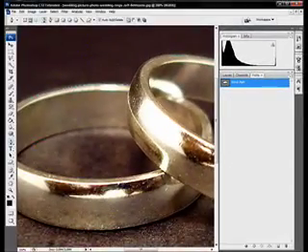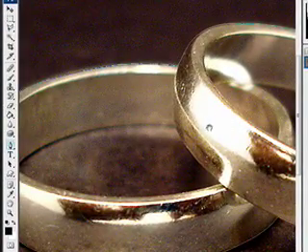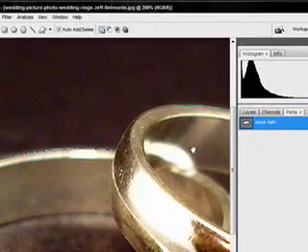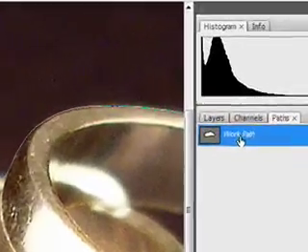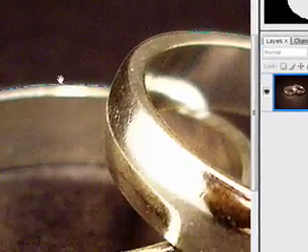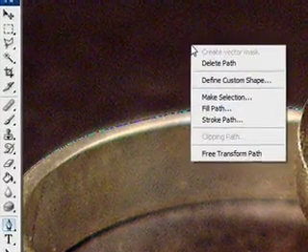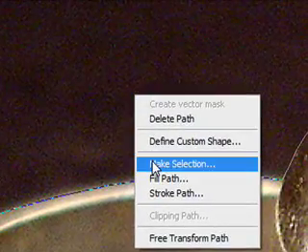So once you started to click and set all these anchor points around your two rings in this particular image, it started to create a little work path in the paths palette. So what you want to do now is, when you go back to your layers palette, not necessarily, you have to, but I just do this. So anyways, if you're in your picture,